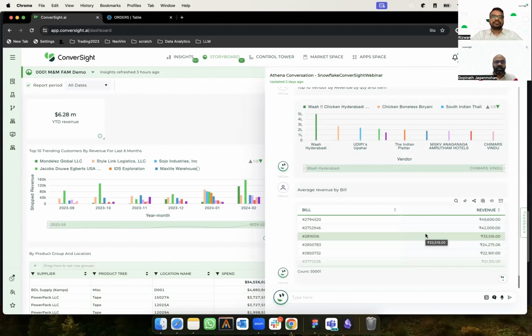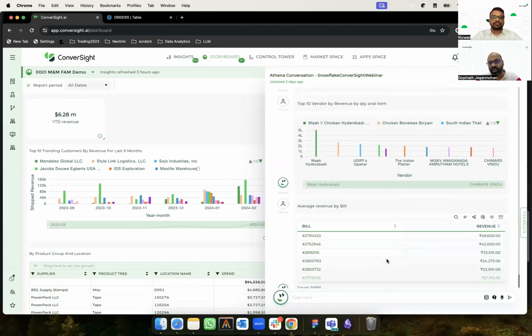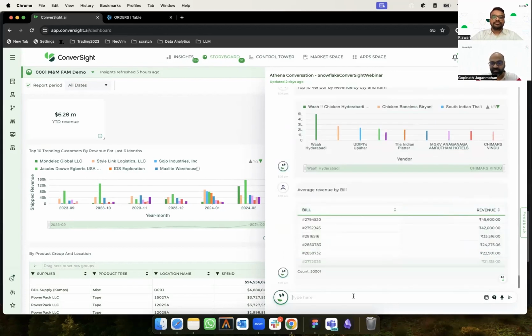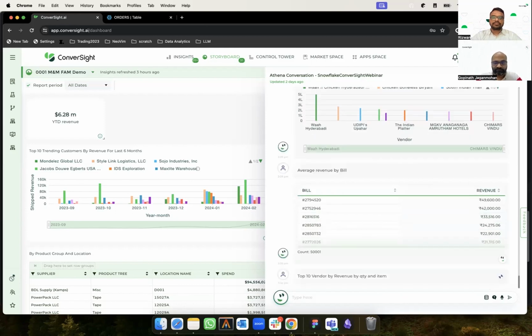What if you have questions on top of all this, right? That's where Athena's question and answer capability comes into play, where you can come and ask questions. It's like just ask questions. It takes care of finding out what type of questions you are asking. Then it takes care of writing the extraction queries behind the scenes, and then it fires that into Snowflake to answer the question.